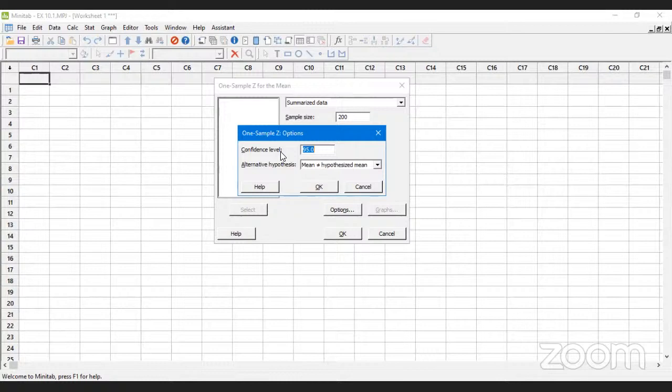If we take alpha as 1%, confidence level would be 99%. On the other hand, if we take alpha as 10%, our confidence level would be 90%. So this you have to select. In this question, the level of significance is already known, that is 5%. That is why we are taking